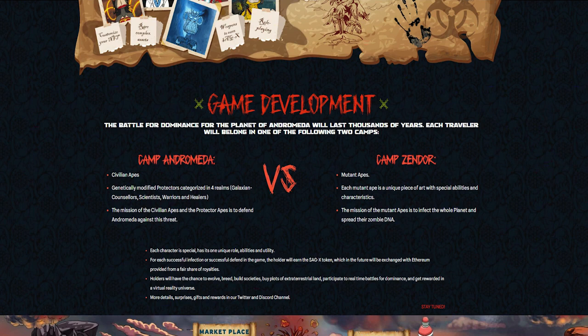Each traveler will belong to one of the following two camps, either the camp of Andromeda or the camp of Zendor. The Zendors are the mutant apes. Each mutant ape is a unique piece of art with special abilities and characteristics. The mission of the mutant ape is to infect the whole planet and spread their zombie DNA,